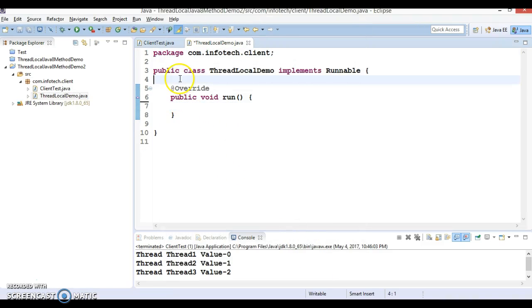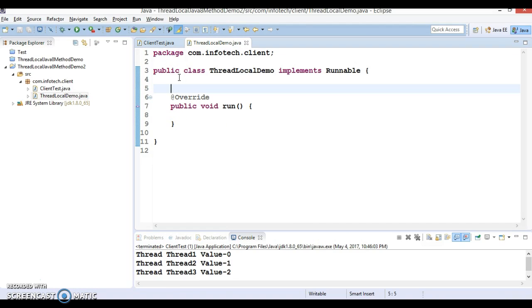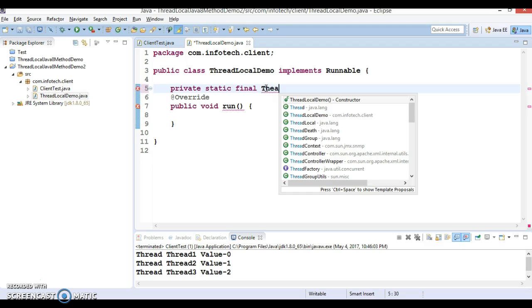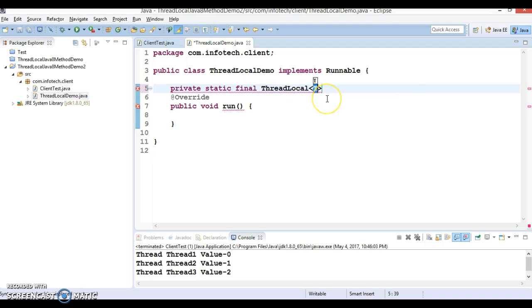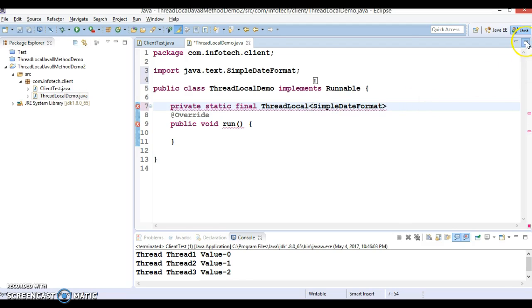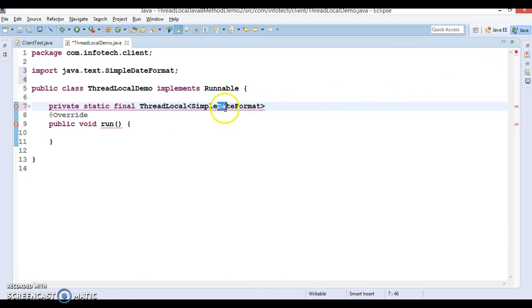Now here I'm going to create a variable: private static final ThreadLocal, and I'm going to use generics with simple date format. Let's suppose the variable name is date format itself.